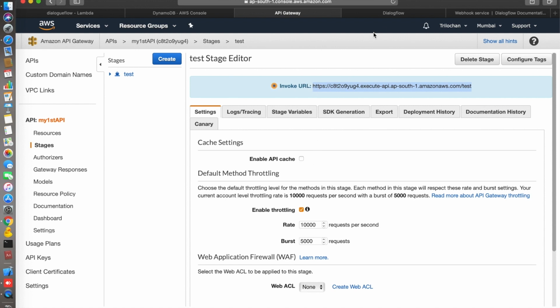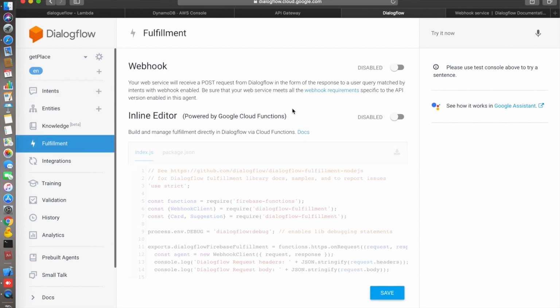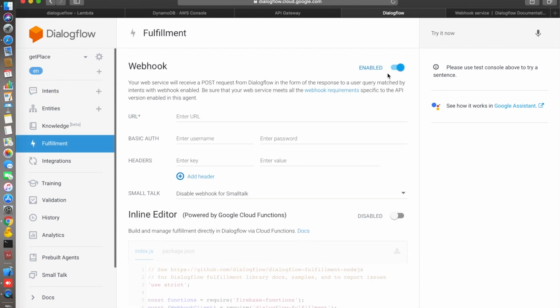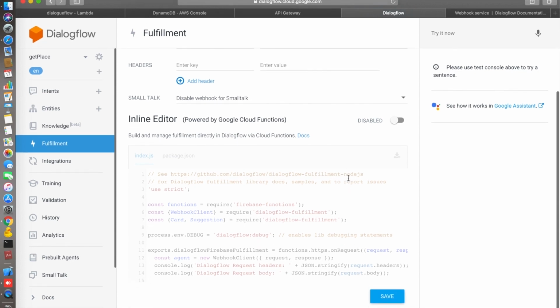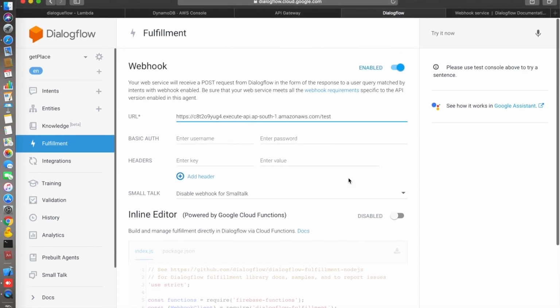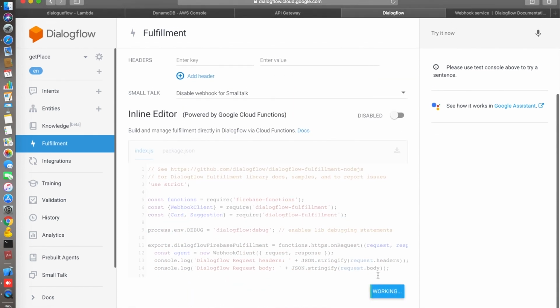Copy this, and in fulfillment, enable the webhook. Then you can put your URL in the URL field. This is very simple. The inline editor is also there, so you can write code directly here. Save it, and now fulfillment is done.